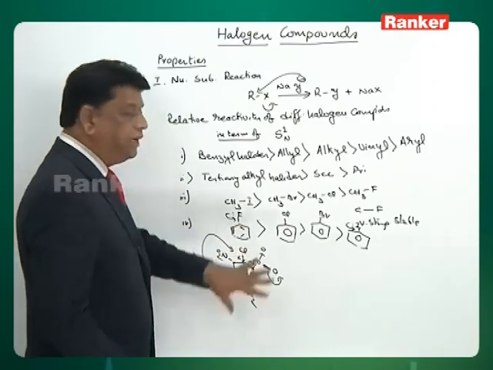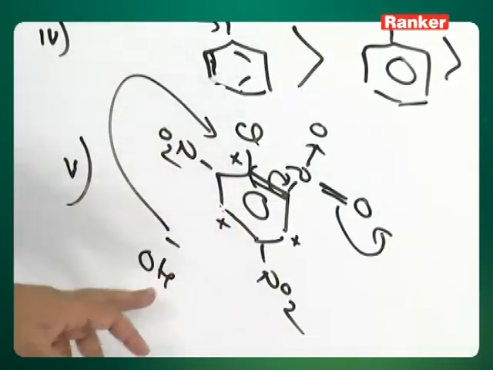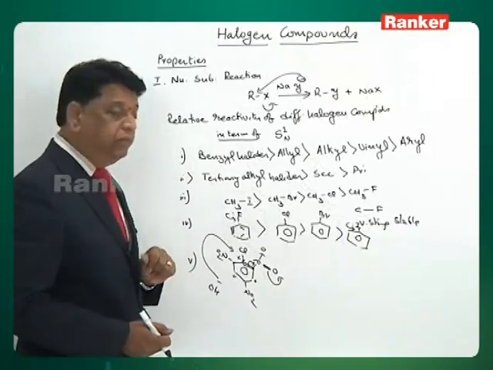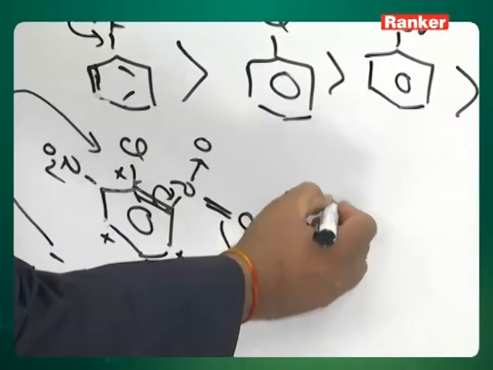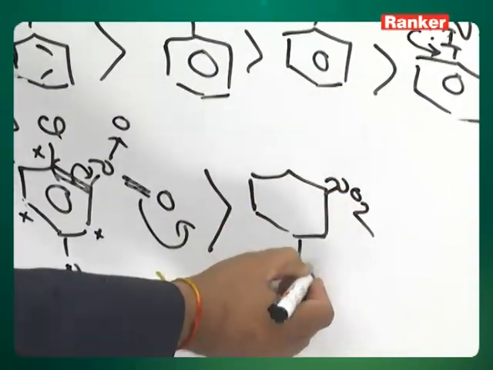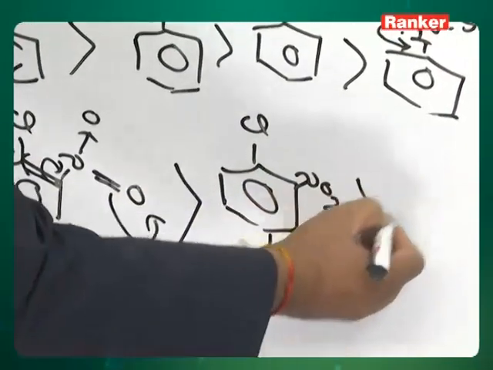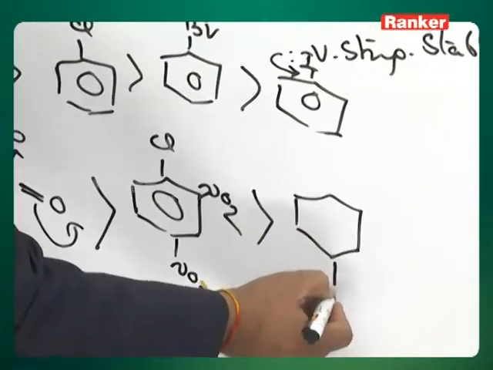So nucleophile attacking will become easy. Electrophilic attack is difficult, but they are all withdrawing. So therefore, nucleophile attacking on the carbon will become easy. So trinitrochlorobenzene comes first, then a dinitro, 2 nitros let us take, ortho para dinitro, okay. Then a mononitro. In that mononitro, better take a paranitro